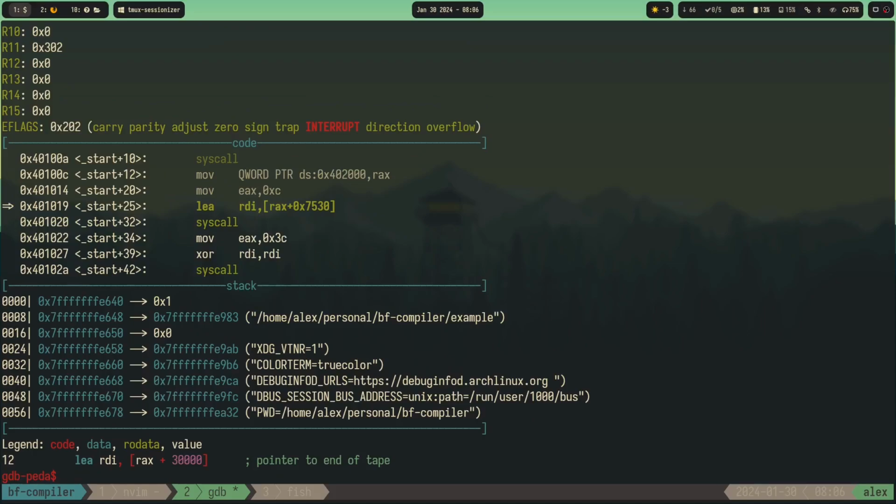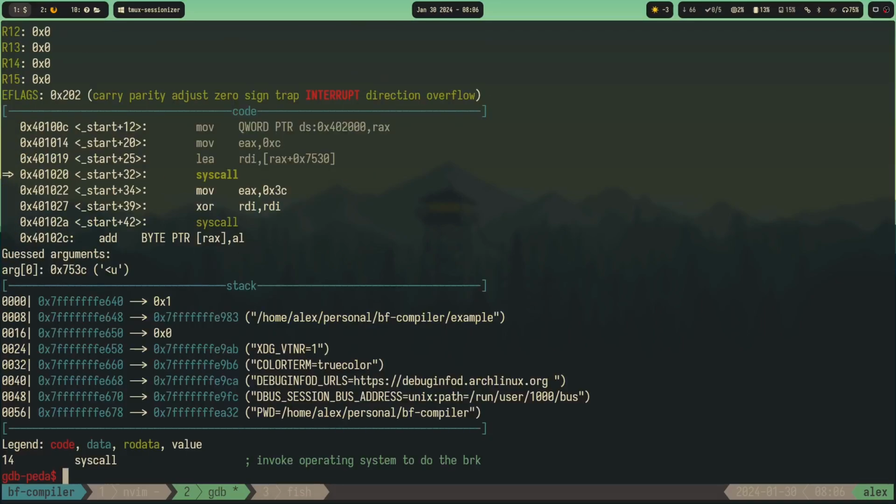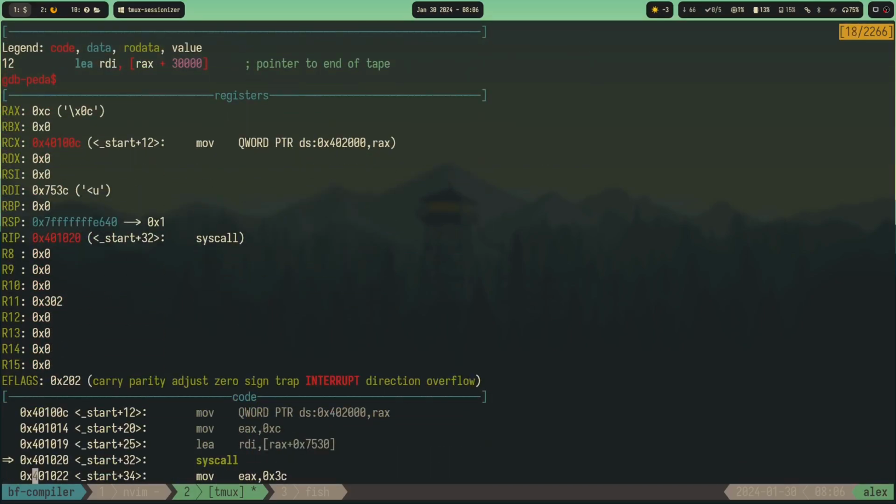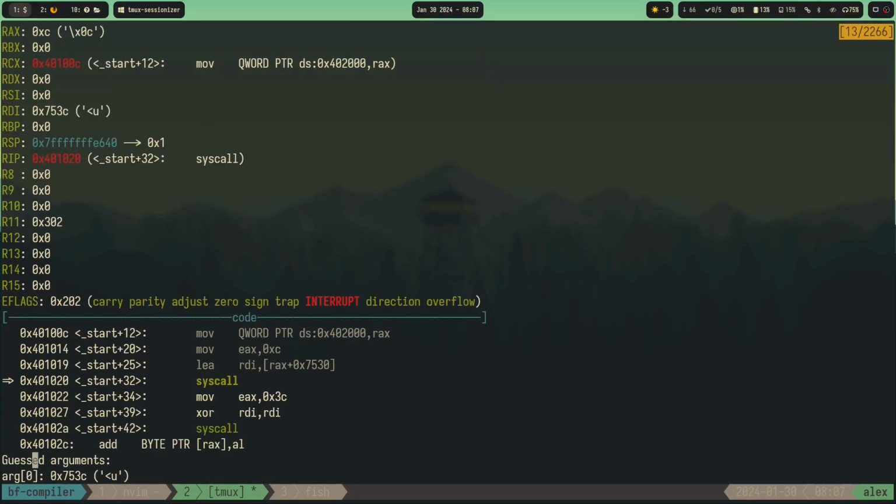Okay, so I'm curious to see what's going to be in RDI when we do this. It should be like, I have no idea. So it should have been like rax, which is